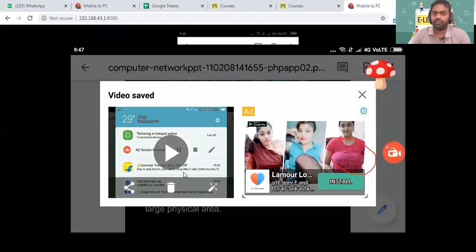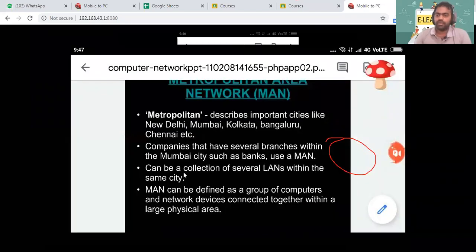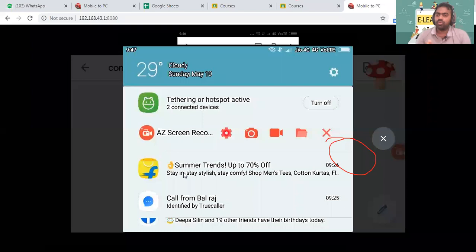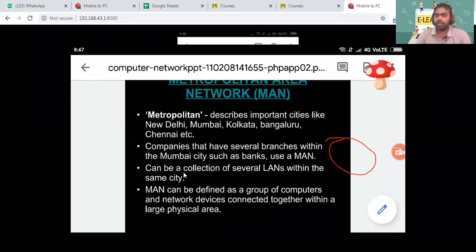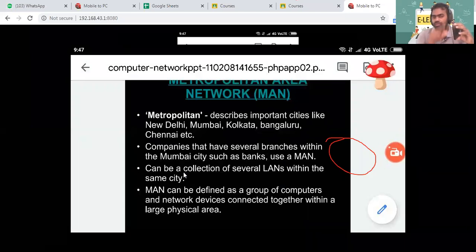Please try to switch off your fan if you have a fan in your room, as its noise will also come. So better you switch off your fan while recording. And I have one more suggestion. When you record something, especially when you are doing screen recording, better you go to offline mode. Now I'm not going offline. Why? Because if you are in online mode, not in flight mode, WhatsApp messages and notifications would be coming. So whatever comes on your screen would be recorded. That would be a problem.